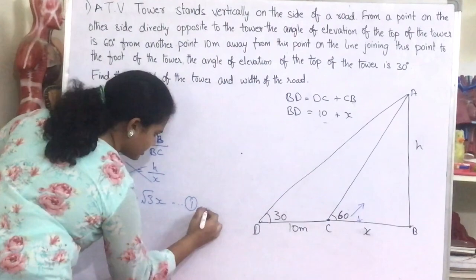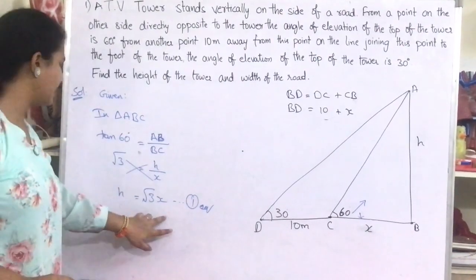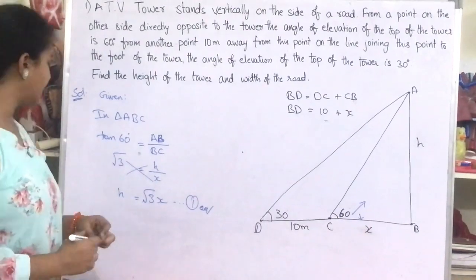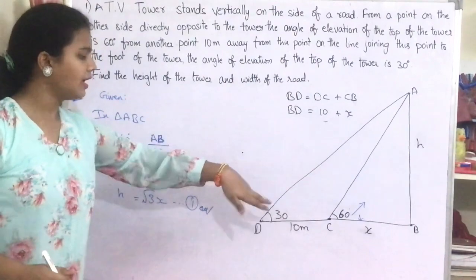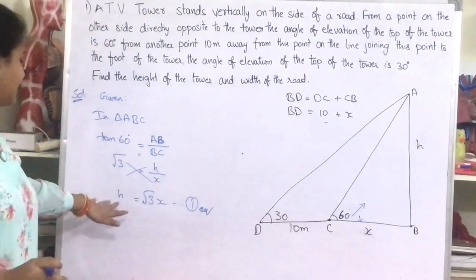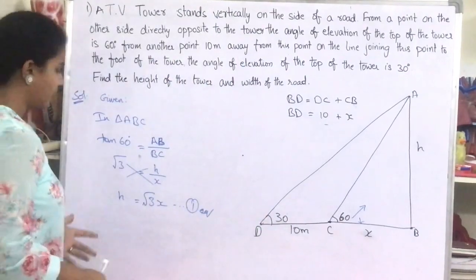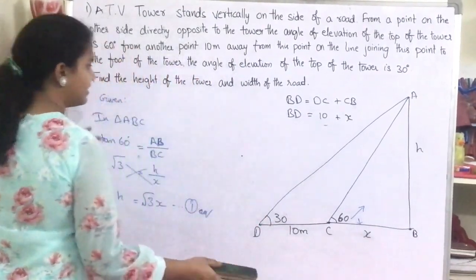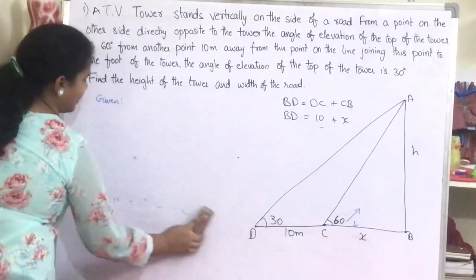Let this be the first equation, where h equals root 3 x. By this I find the relationship between the height of the tower and the width of the road. I got the relation between h and x by this equation. Now I need to find the value of x. So now to find the value of x, let's